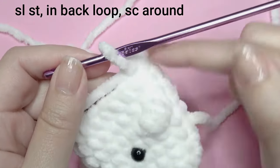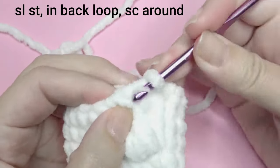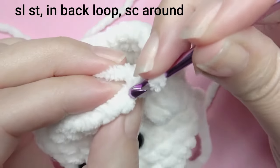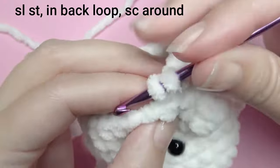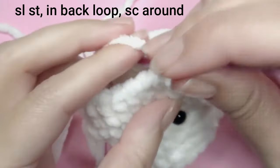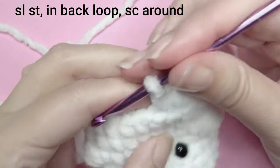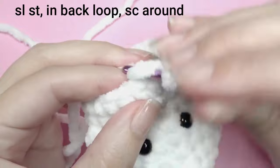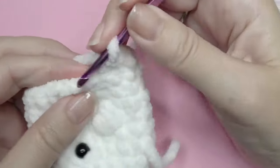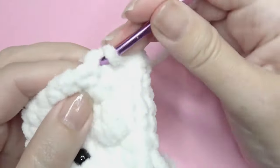I did 2 rounds of single crochet, and now I'm going to slip stitch, and in each back loop, there's 2 loops here, and in each back loop I'm going to work a single crochet. You're going to go back in these back loops and work a little ruffle stitch. Complete that until you get to the beginning. Now at the beginning, you're going to slip stitch,